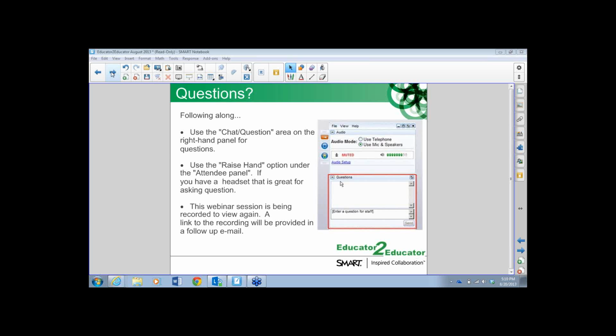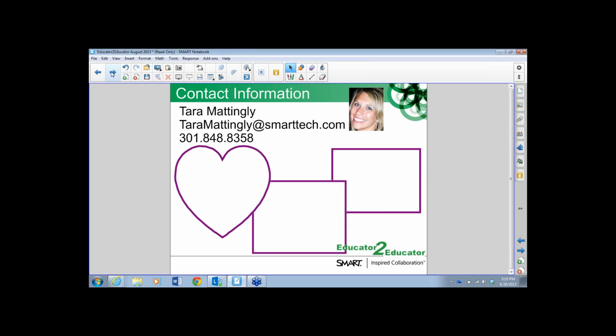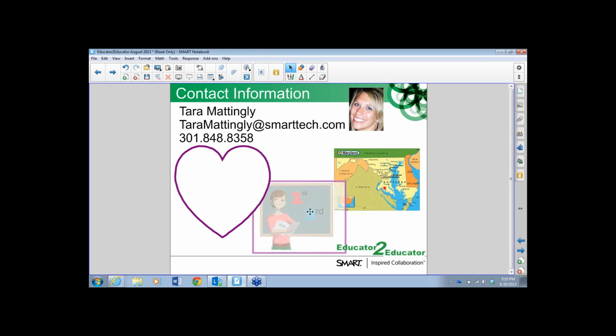Okay, all right, Tara. Moving right along. So this is me. Here is my contact information at the top. I am an education consultant for SMART. I live in Maryland. This little red X down there, I live in southern Maryland, close to the Potomac River. Before working for SMART, I was a teacher.